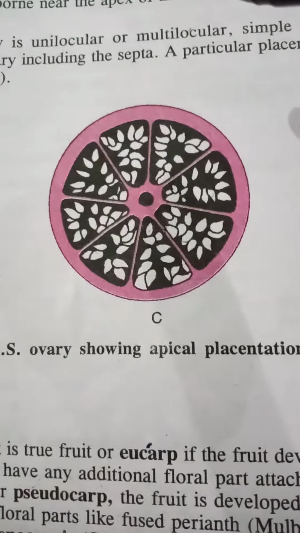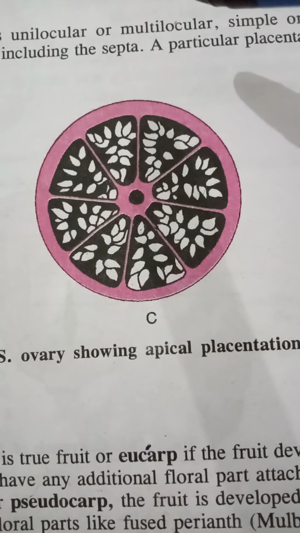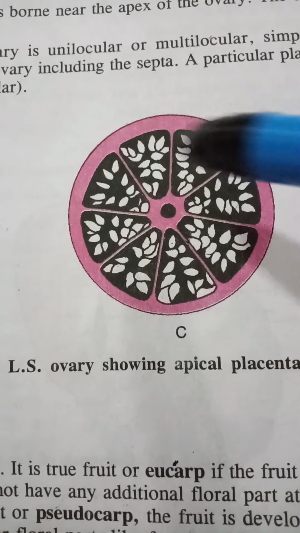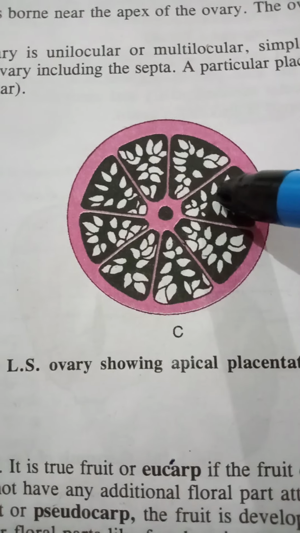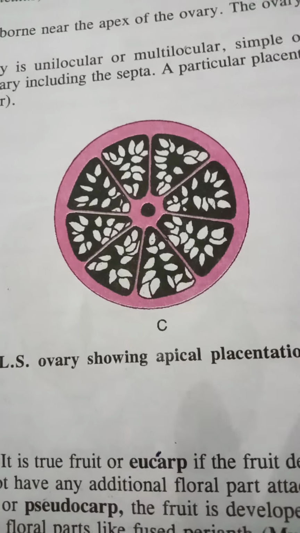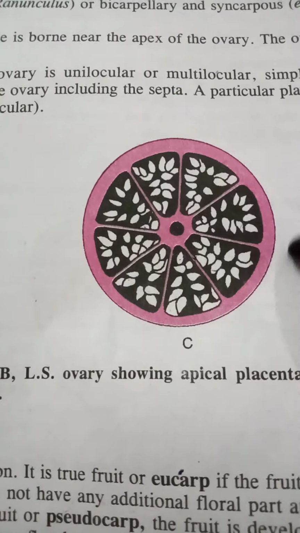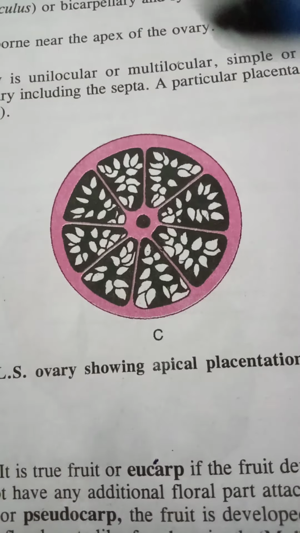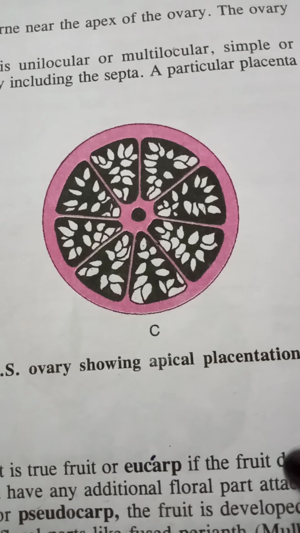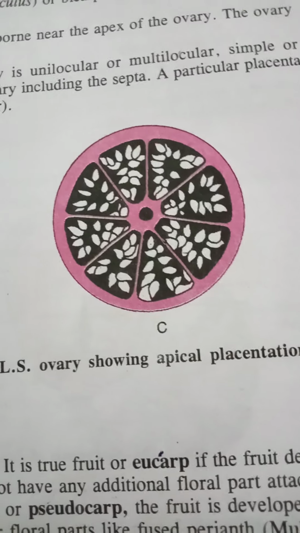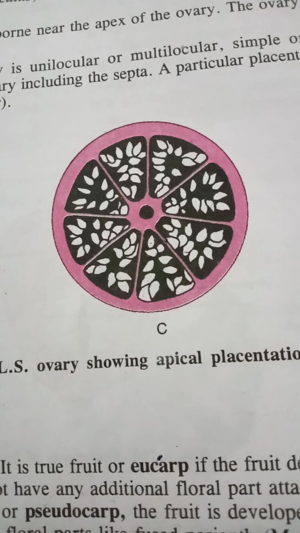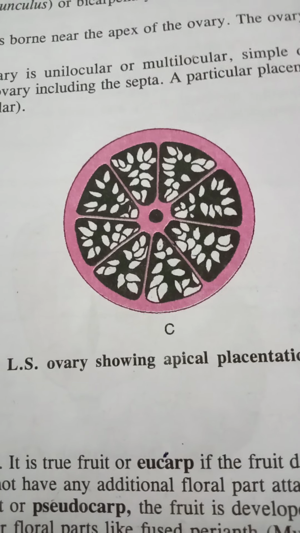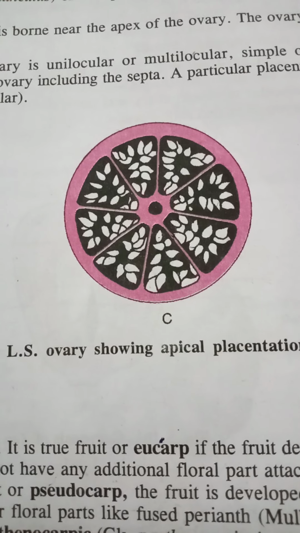And the last one is the superficial type. That means here the ovary is uni or multilocular and the ovules are born all over the inner wall. As you can see, lots of ovules are formed, isn't it? This is observed in the case of Nymphaea. So this is the superficial type. These are the different types: marginal, parietal, axile, free central, basal, apical and superficial, based on the position of how the ovules are arranged within the ovary. So I hope these two videos are clear to you. Go through it properly and if you have any problem then let me know.